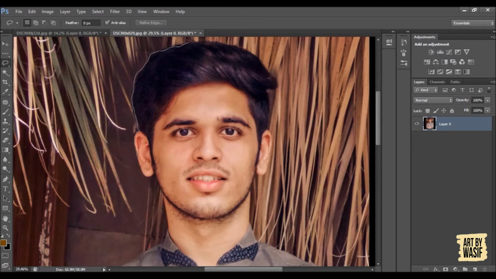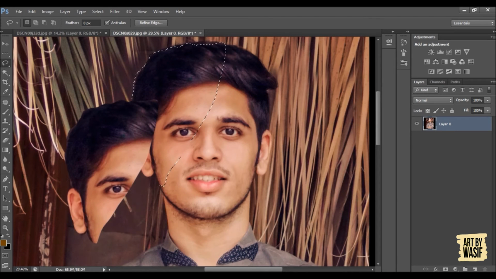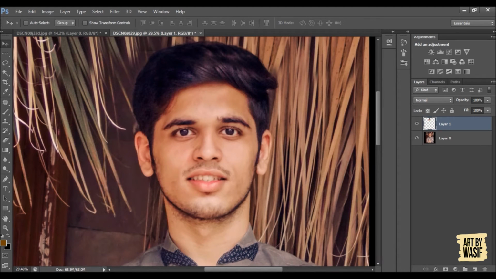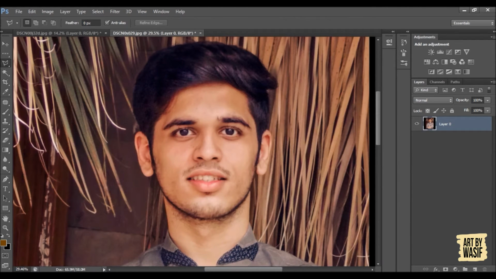Like this part, I do Control C and Control V, and you can see that this area is selected. Deleting this layer. And next comes the polygonal lasso tool. It is not mostly used for general selection. It is mostly used for selecting objects of specific shapes, like this, click on here, now next click, and this part.